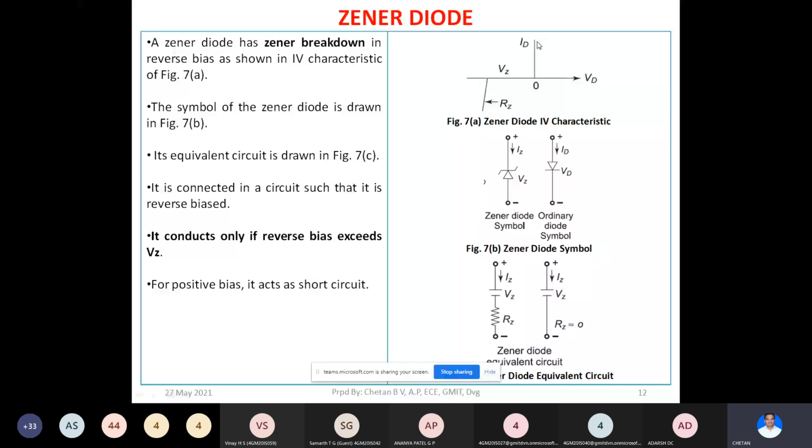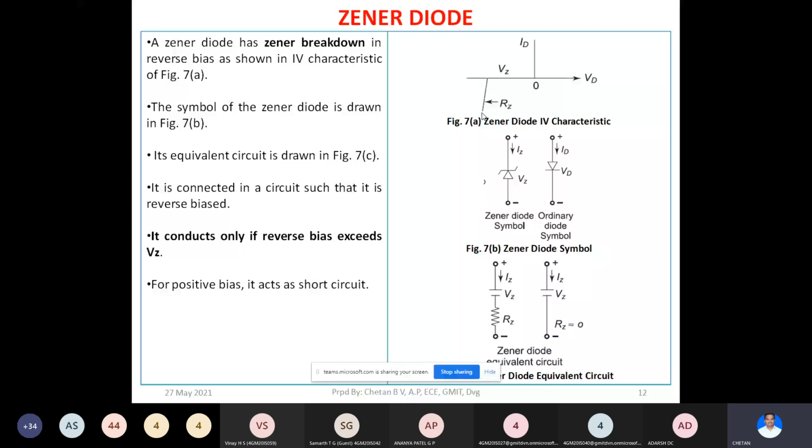In the case of reverse biased condition, VZ is the reverse breakdown voltage. After this VZ, if you increase the reverse voltage, the current will drastically increase, and the diode is said to operate in the reverse breakdown region. This region has a limitation for the current, which is called IZ minimum. You can term this IZ minimum as the maximum reverse current, or, as the current is in the negative y-axis, you can also call this the minimum reverse current, right?